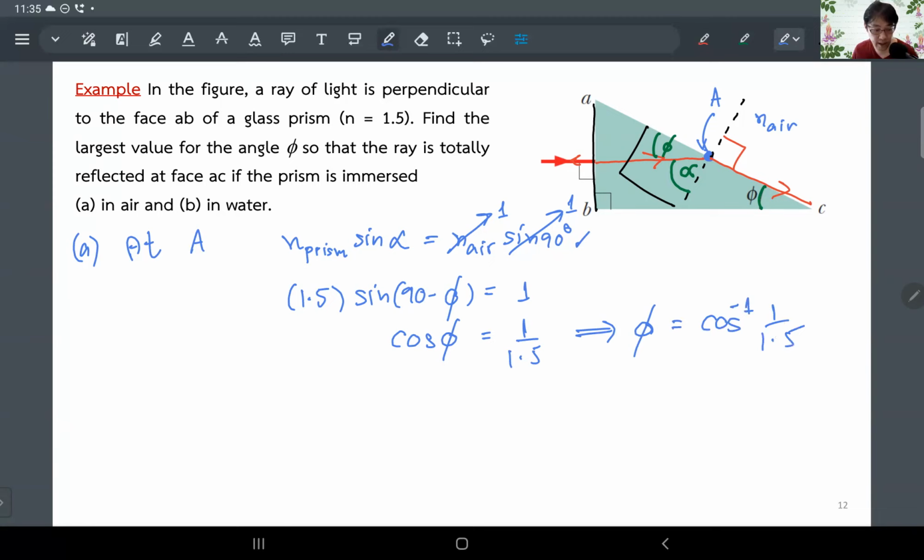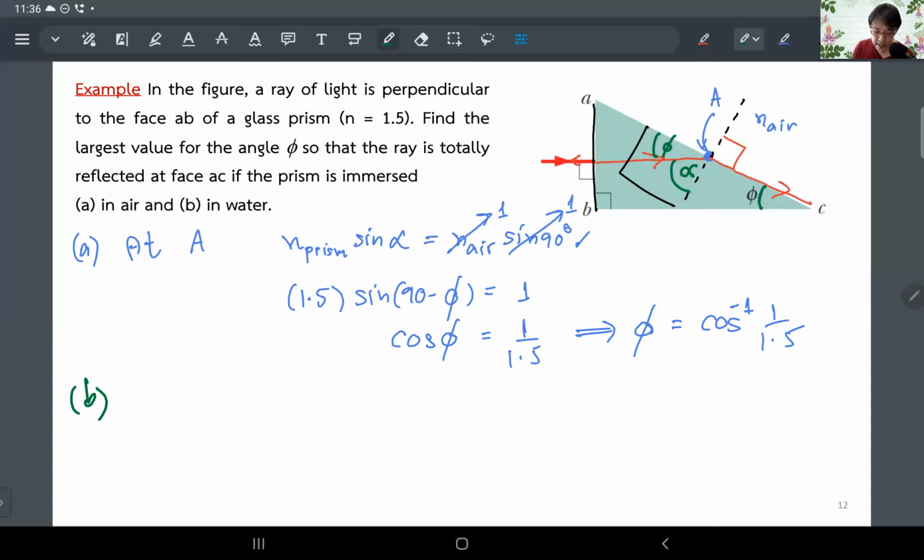And you are done. Okay. When you say done, this gives you the value of phi that draws the line between total internal reflection and just getting refraction into the air. Okay, cool. All right. And for part B, if you want to redo everything again, everything is exactly the same,